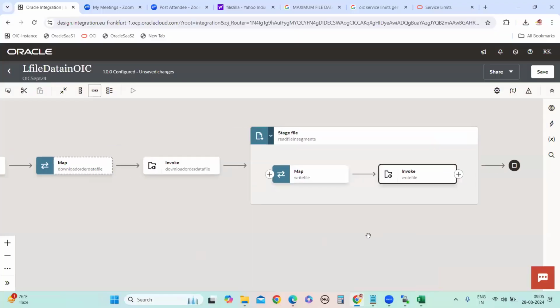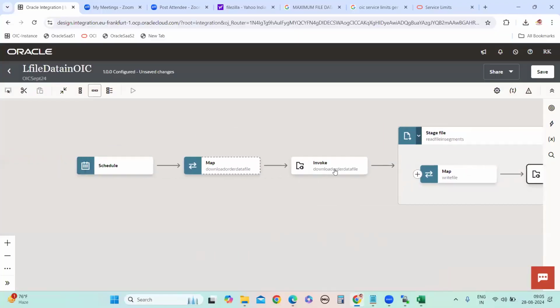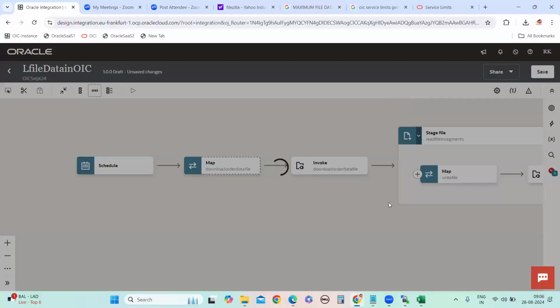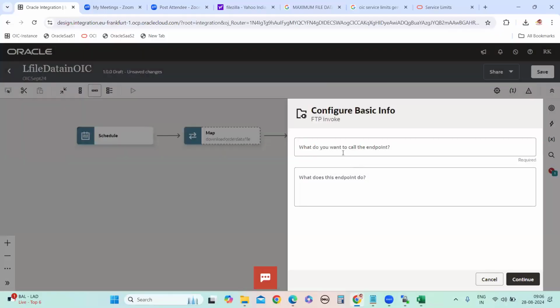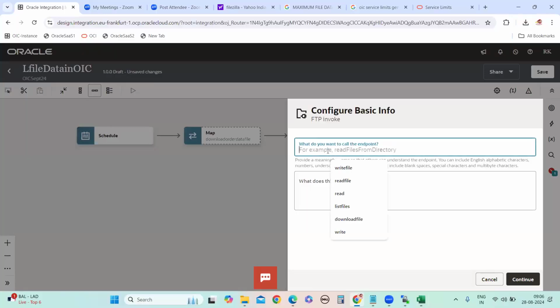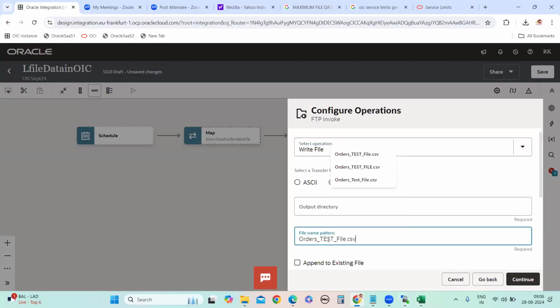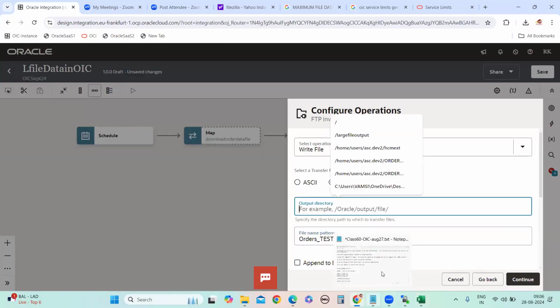Now you can create here, you're following, right? You can mention write column headers, write file. The file name pattern you can mention like this, and the output directory name, the same name.